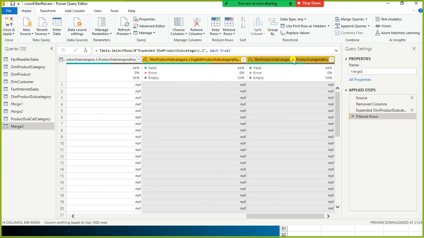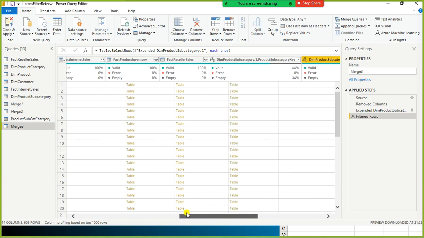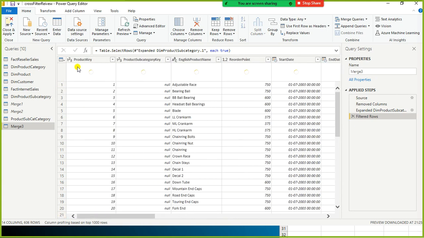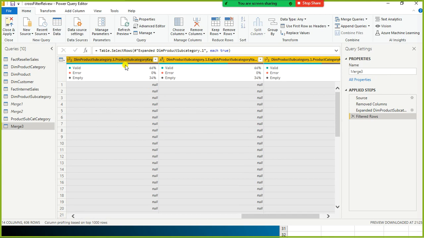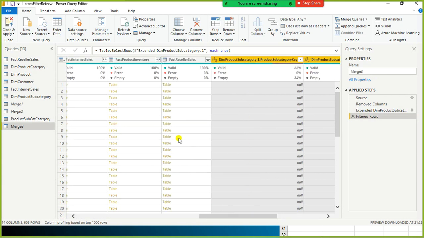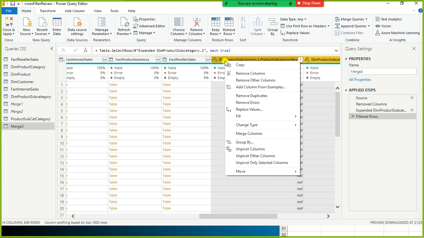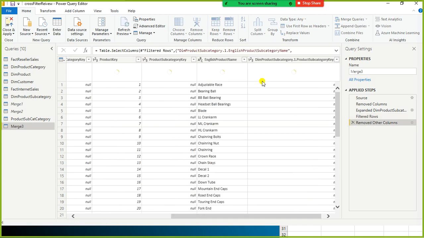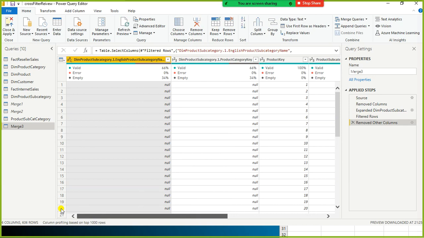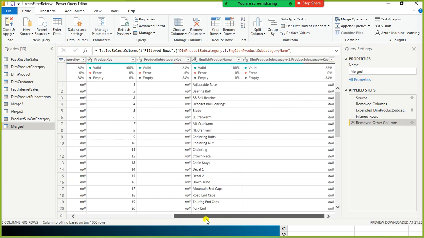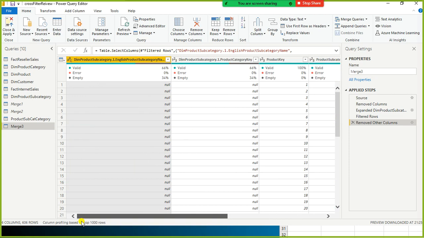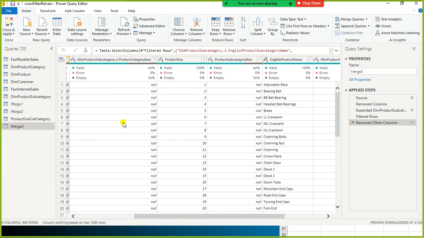So I select these two, and I'm going to select the product category key, and this one, product name, and we have the subcategory key also. For the time being, let it be there. The rest of them I select now, remove other columns, I don't need them. I just want to discard those things. Product subcategory name, product category key, product key, product name, and category key. My god, category key, did I delete it? Category key is there, good.